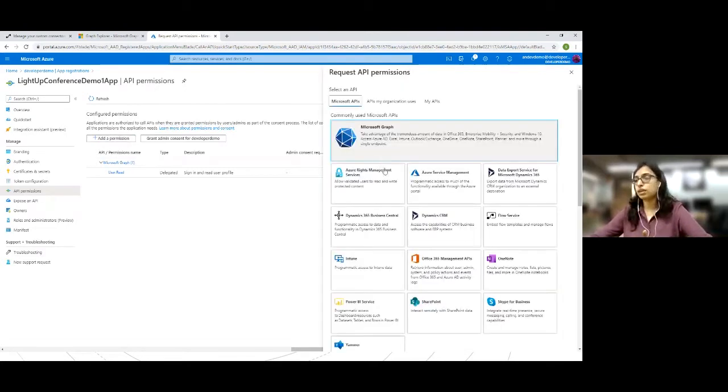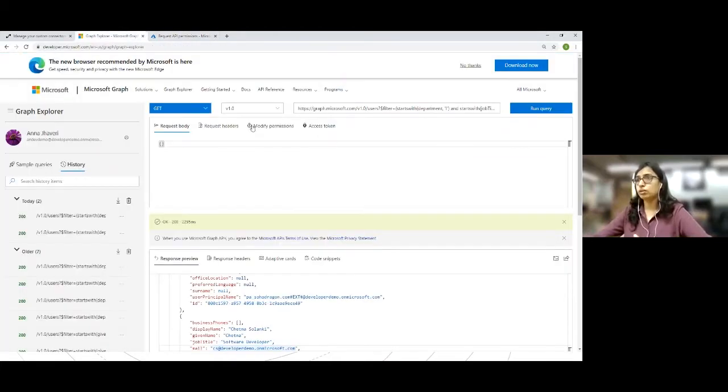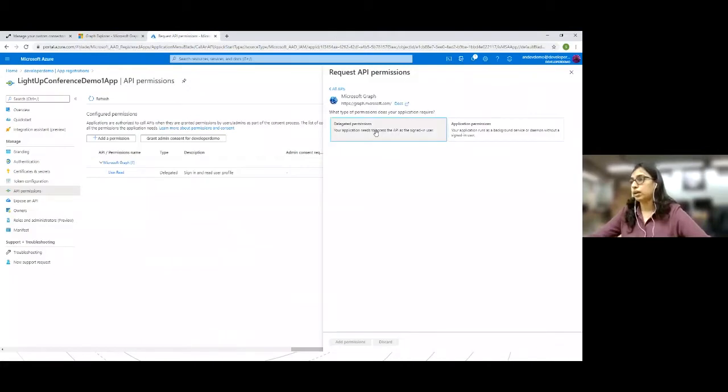For this demo, we want to read user details, to get users of a specific department and specific job title. So we will use Microsoft Graph. We will use delegated permissions because I'm still using version 1 of the Graph API.